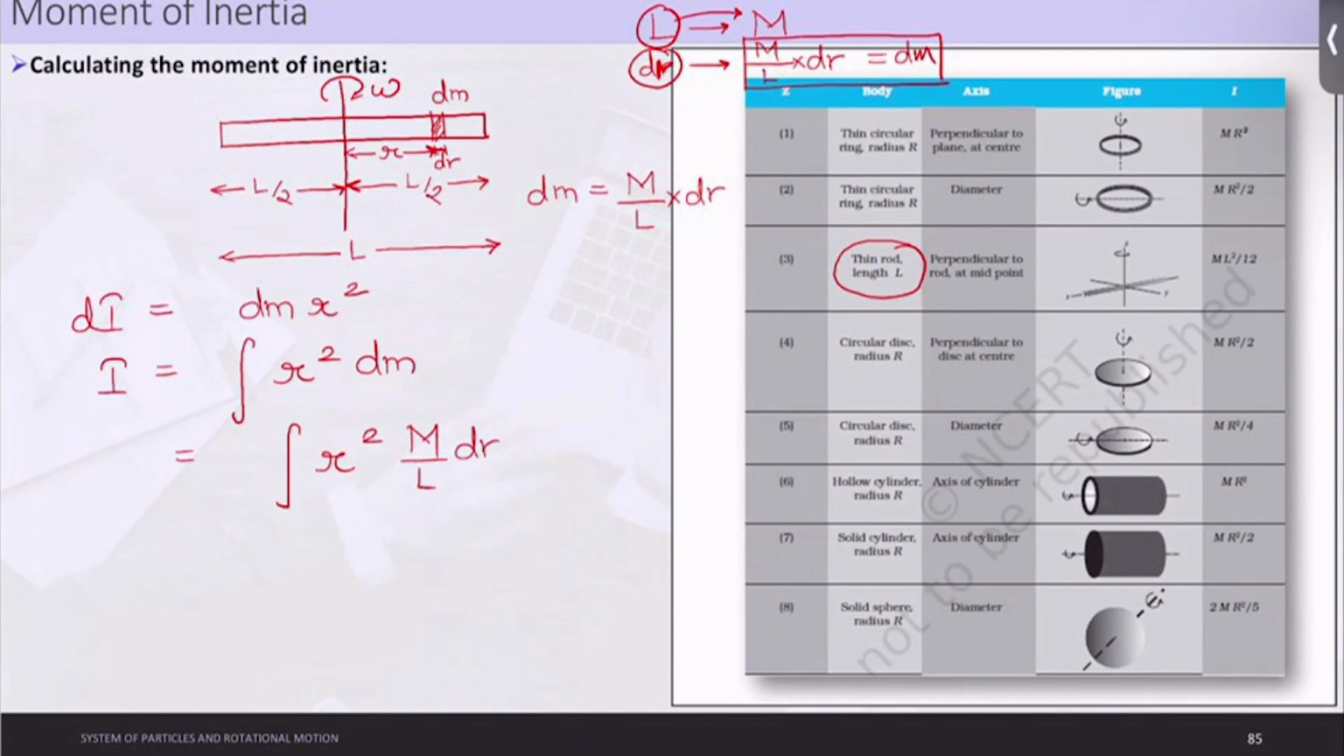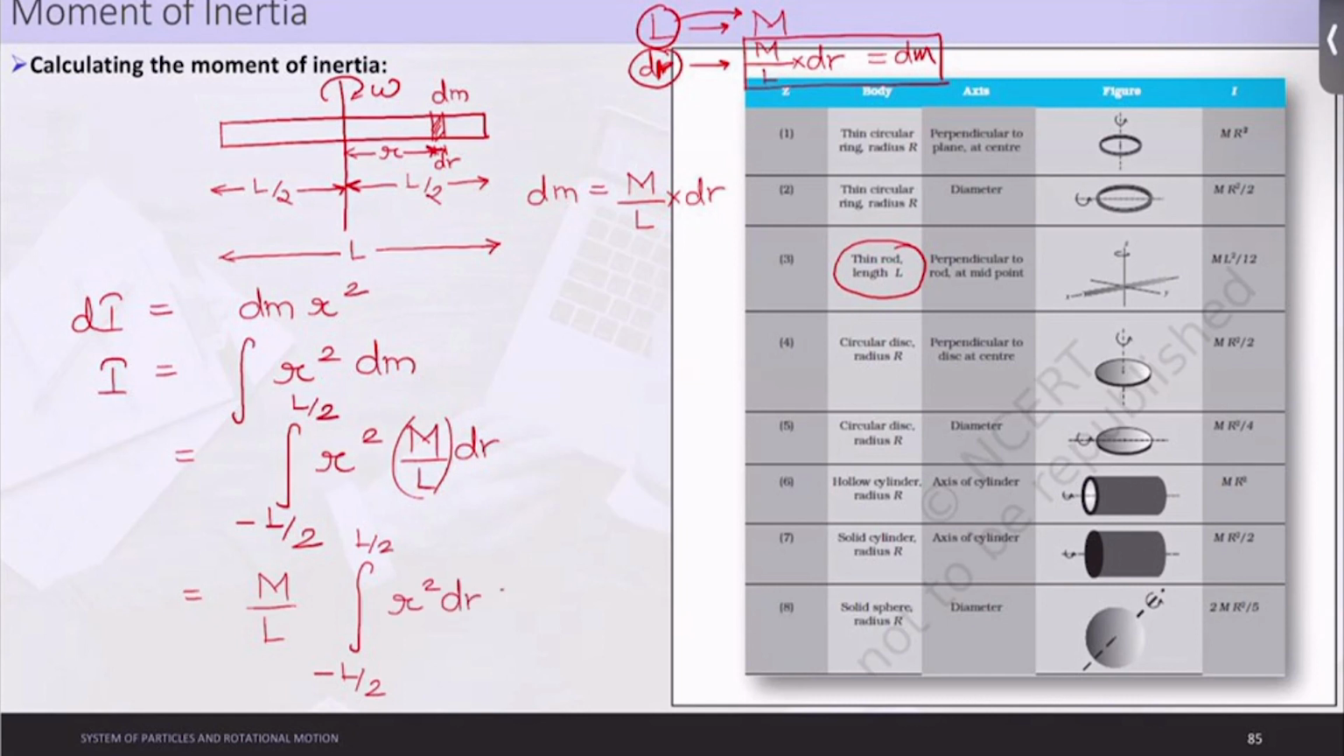What will be the r range? The r range will go from minus L by 2, because it's a displacement vector, to L by 2. Let us try to calculate it. As M by L is constant, we can directly put it outside the integration. So it is M by L, integration from minus L by 2 to plus L by 2 of r square